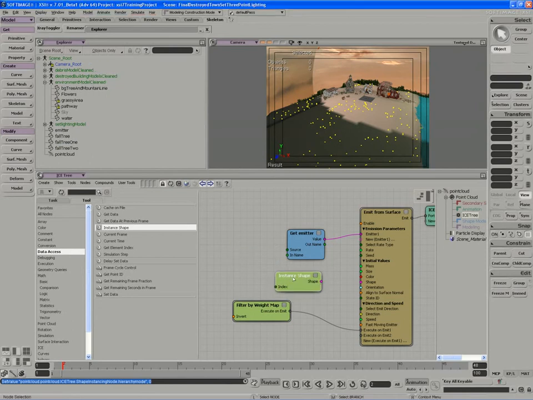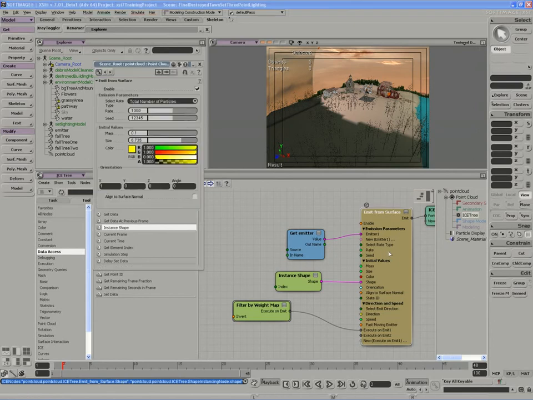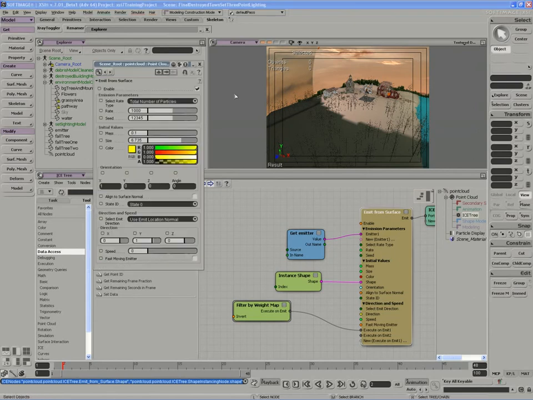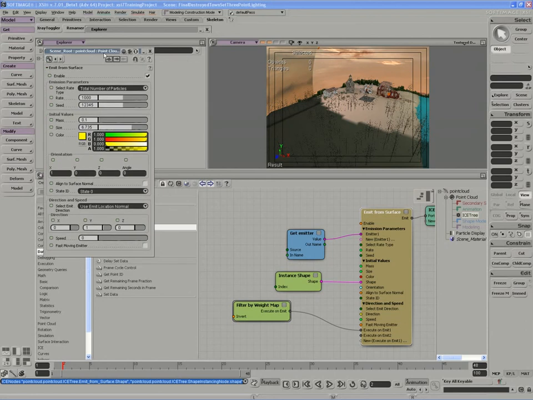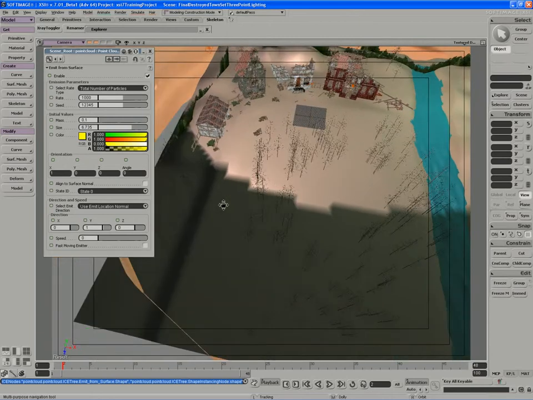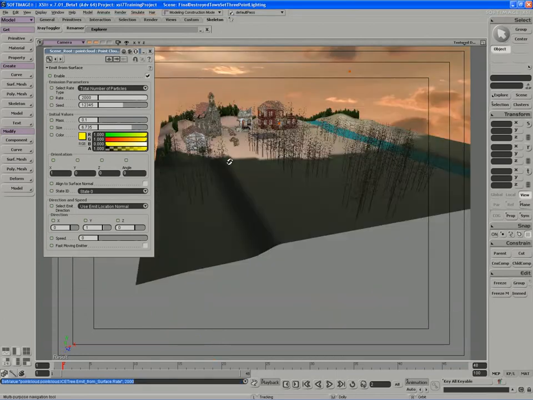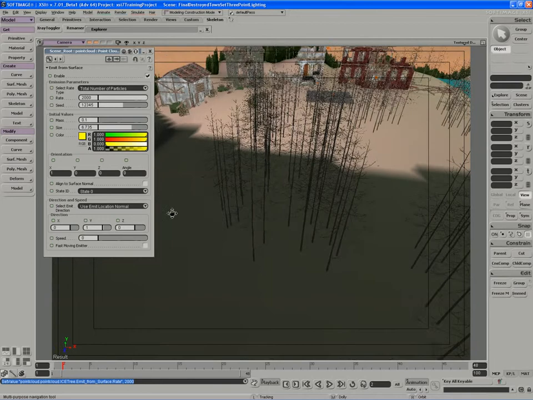If I then plug that instance shape into the shape input of the emit from surface compound, we get the start of our tree high frequency detail. I'll double click the emit from surface compound and lock it just so we can have a look at what's going on here. So I've got 1,000 particles distributed wherever my weight map has dictated, and I can go and increase the number of trees now. And of course we're only using one tree, so the look is a little bit repetitive,